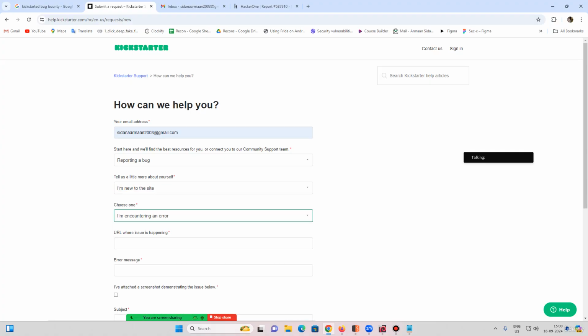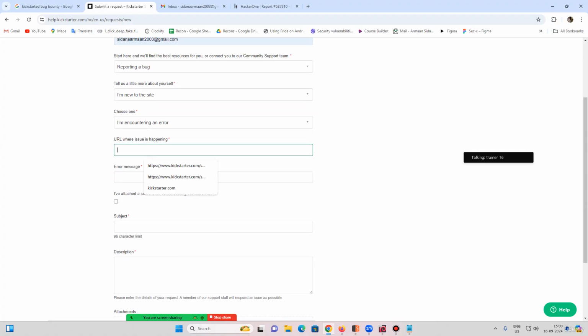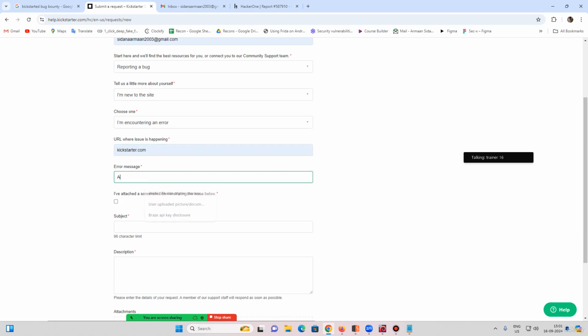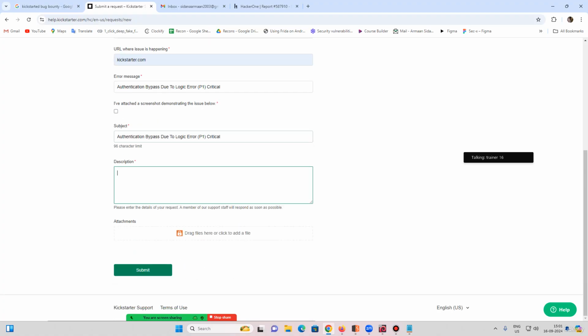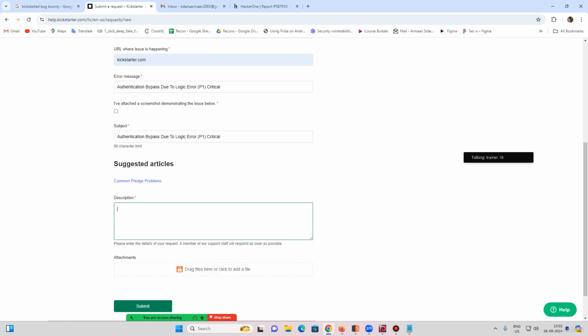Because if I create an account with a victim's mail, I can access that account anytime. So it's authentication bypass due to logic error. It's a P1, critical. If this company is making sense, obviously we would get money. So let me write the steps. Create an account